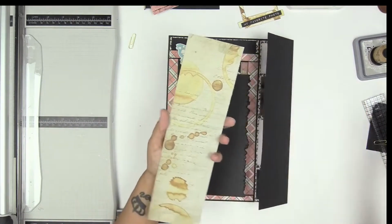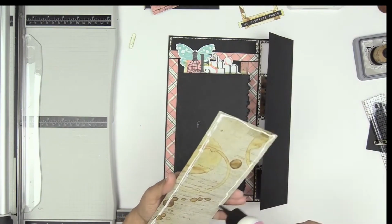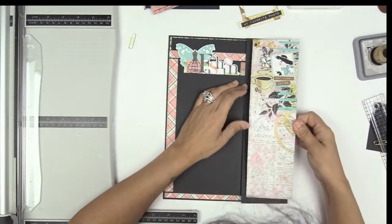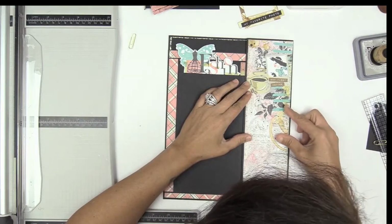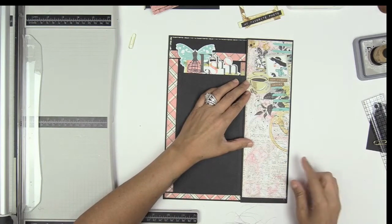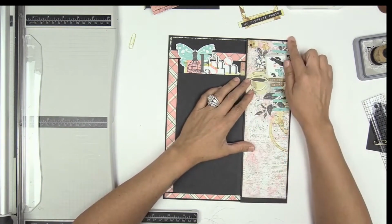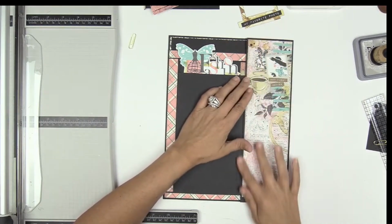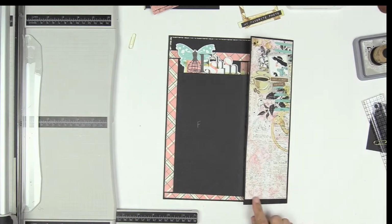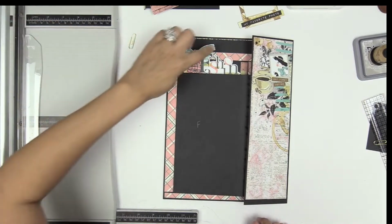Okay, I'm going to stick this down. You know what punch I do not have anymore that I used to have? That tab punch, gosh, the one from Stampin' Up, the whale fin. I need that one right now, and I do not have it. I will put something down here eventually. And I need a